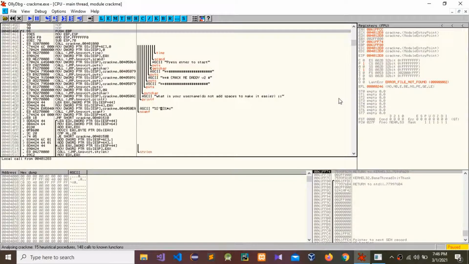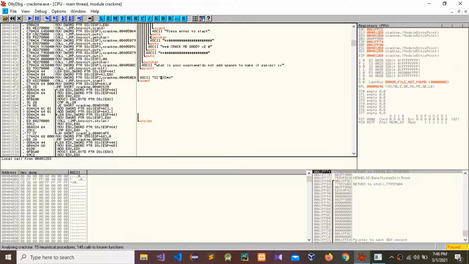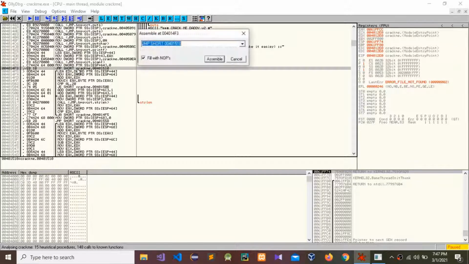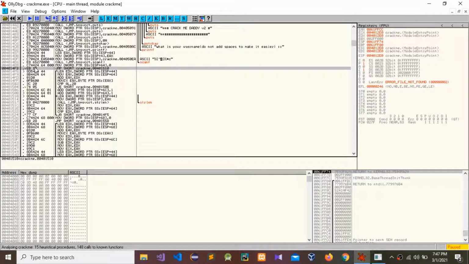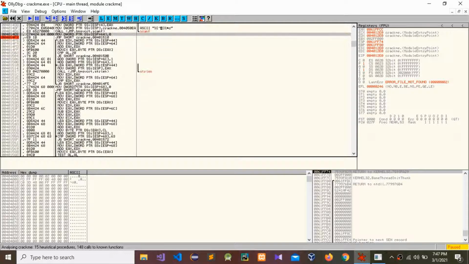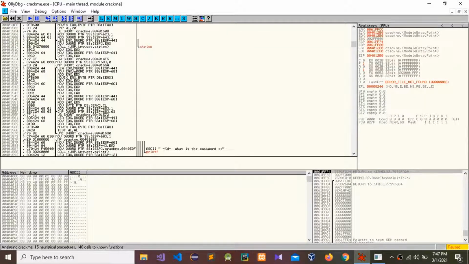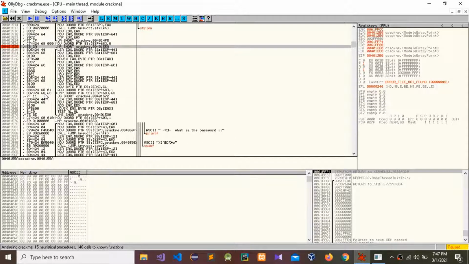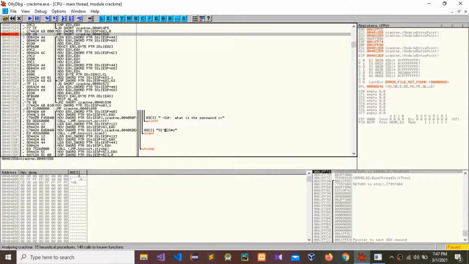So in this program you can see some loops. I'm going to give some breakpoints to find our password. I'm going to give a breakpoint for this. In here you can see this loop. You don't need to double click on this line. I'm going to give a breakpoint here, and I'm going to give another breakpoint for this loop, and I'm going to give another breakpoint for this loop.